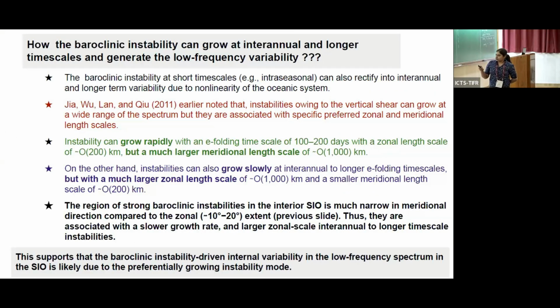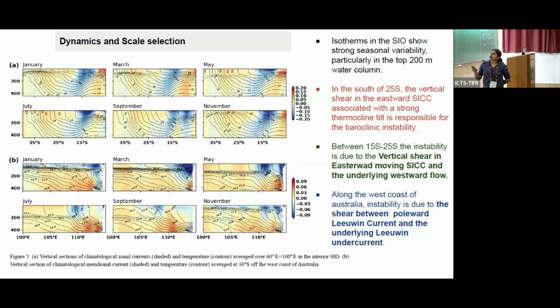In this, these are for all the months, alternate months, and the background in figure A is basically the vertical section of climatological zonal current, and the shading and the contours are basically the temperature averaged over 60 degrees east and 100 degrees east, which is the west box that we showed in the previous figure. And we can see that these isotherms show strong seasonal variability, especially in the top 200 meters of the water column. And we know from the previous slide